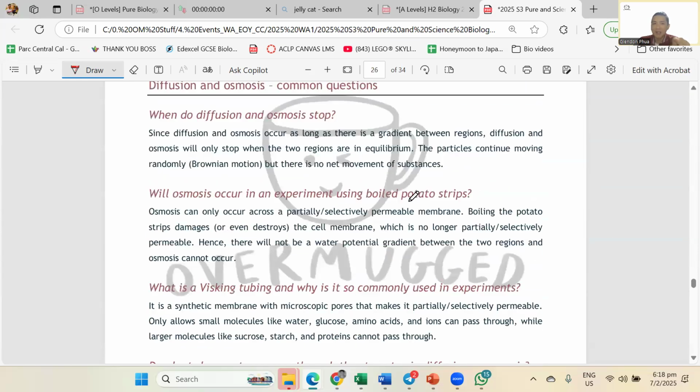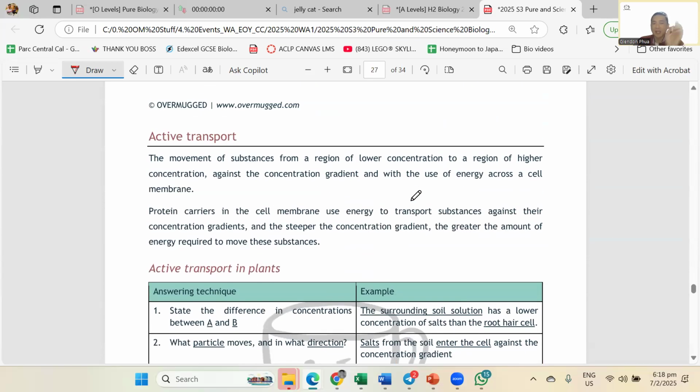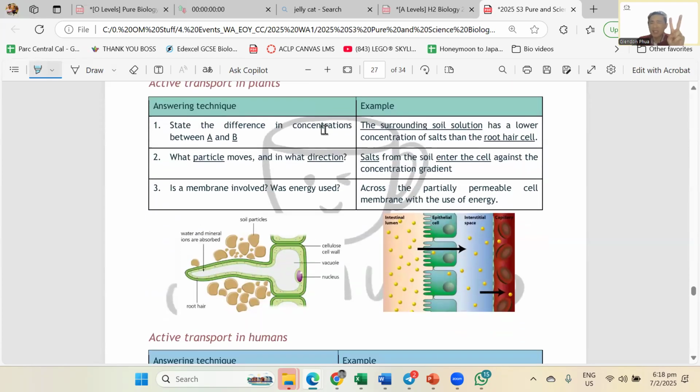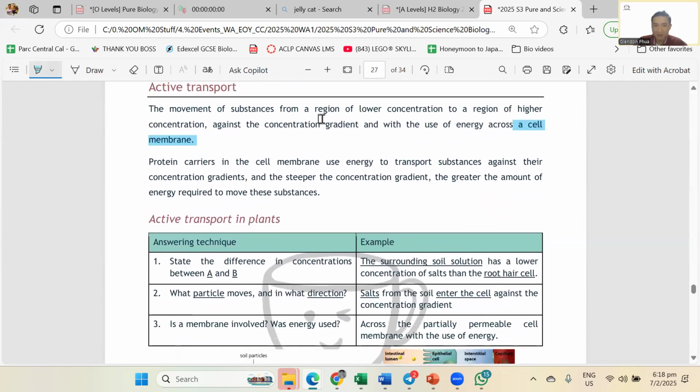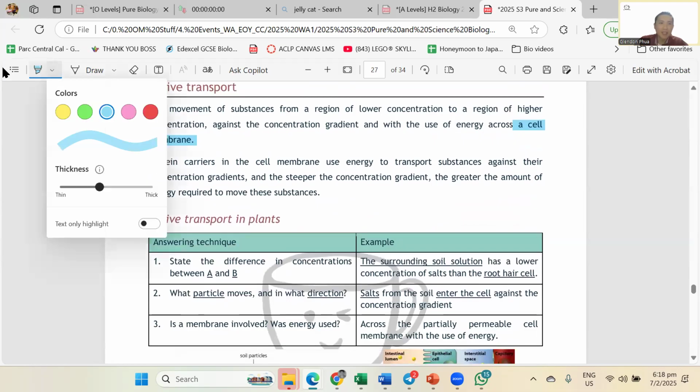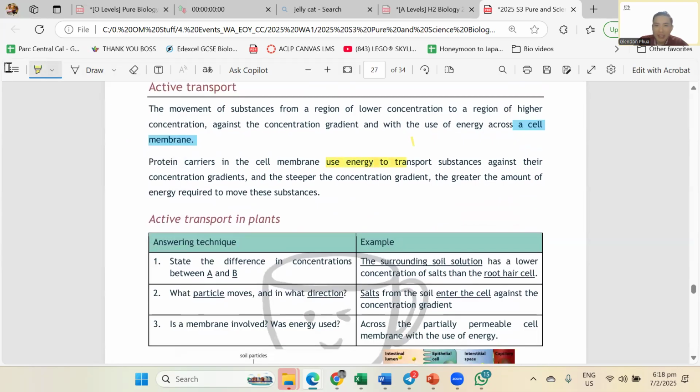Okay, now, what's active transport? Active transport is the reverse of diffusion. Now, this one needs a cell surface membrane. Why? Like osmosis, without the membrane, can I have a difference in concentration? Cannot. So for this topic, when it comes to an MCQ, what is a very big hint that it is active transport? I will lead you to the idea that this requires energy.